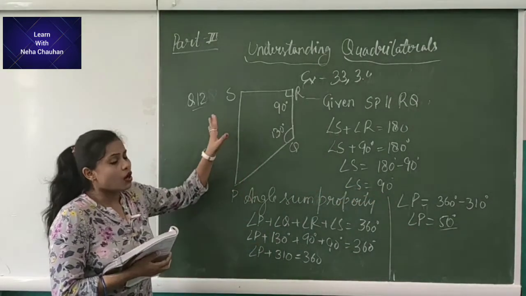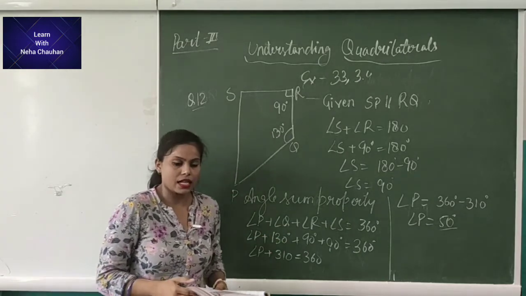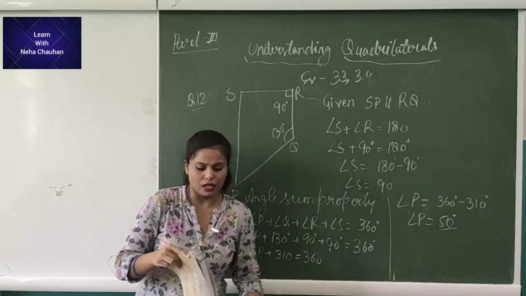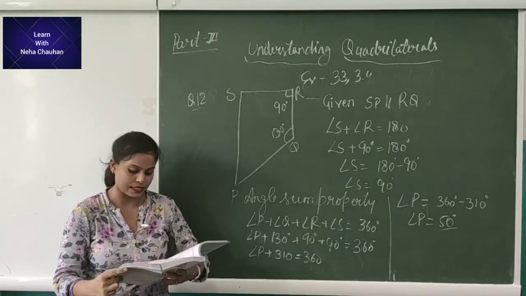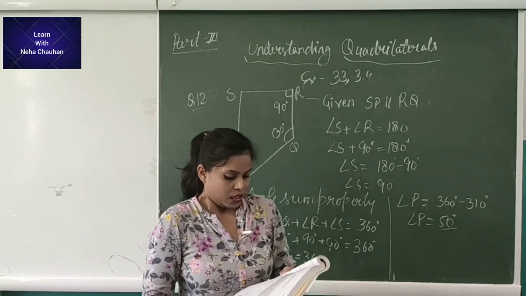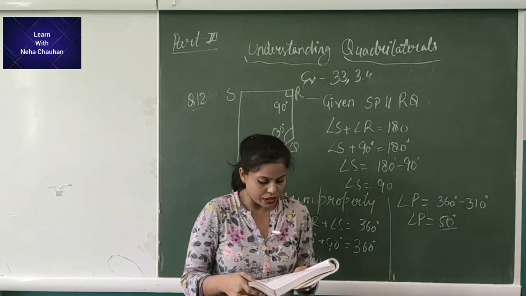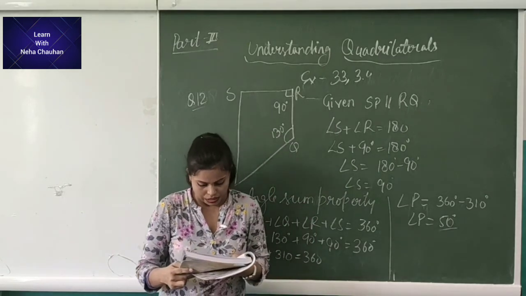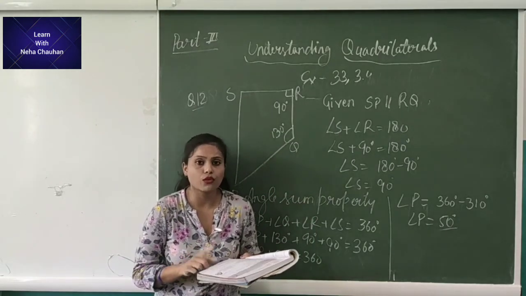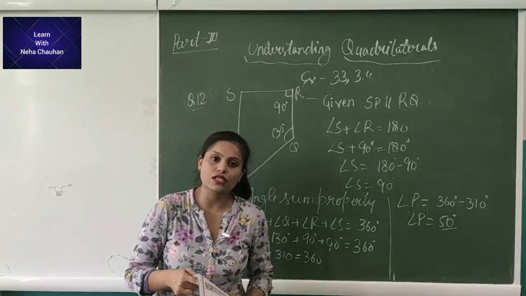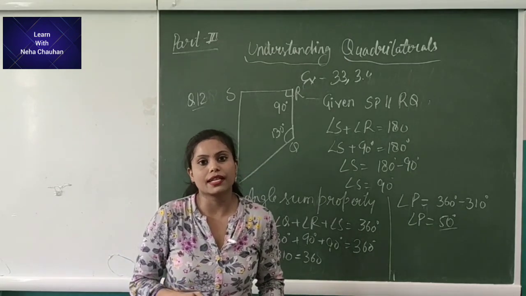See, all the questions of this exercise are related to each other. So do the questions of this exercise. Now moving to the exercise 3.4. We have some true or false statements. You can do it on your own. All the questions of exercise 3.4 are related to the properties. So try these questions and learn all the properties related to quadrilaterals.